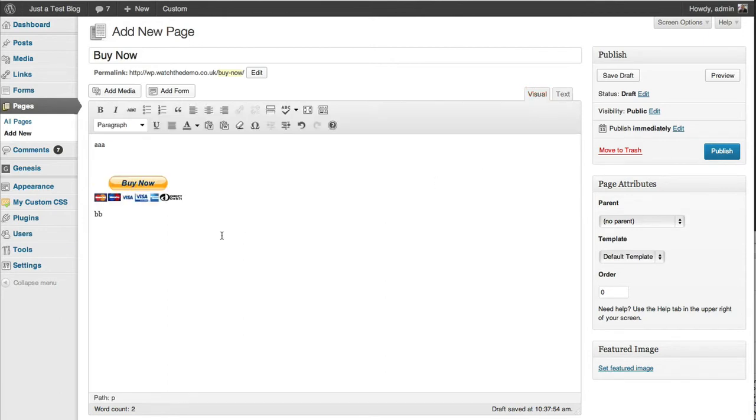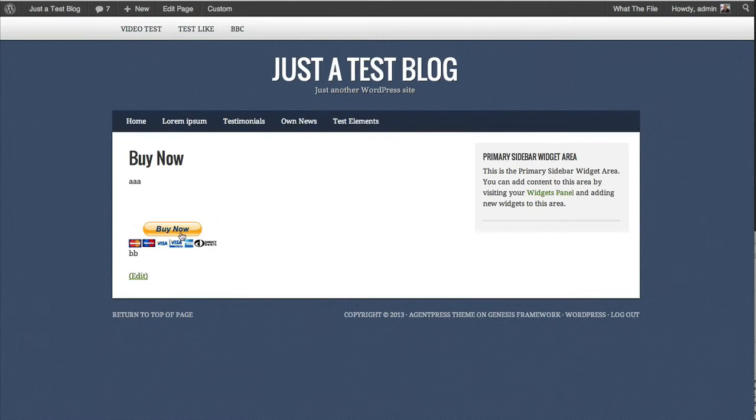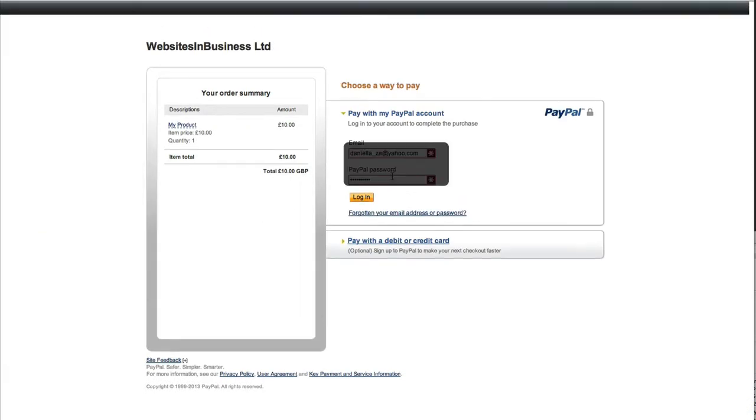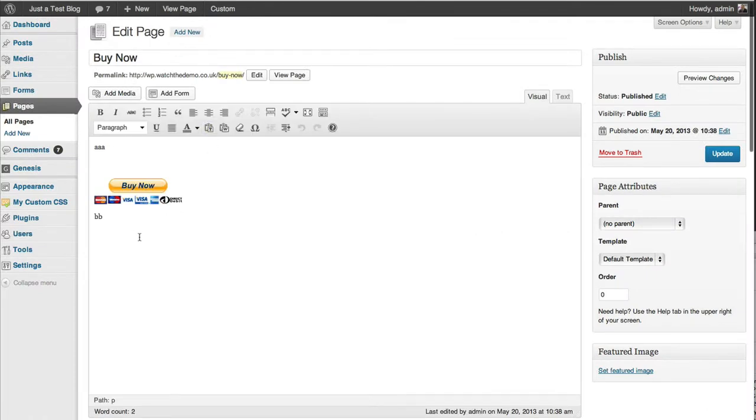That works fine. If we publish that page and view that page, you can see we have a button. We click it, so make sure it works, and there you are. It's taking off my product, £10. So that's certainly one way of doing it. My preferred way of doing it is actually, if you're going to use the code straight as it is, to use a plugin. That plugin is called